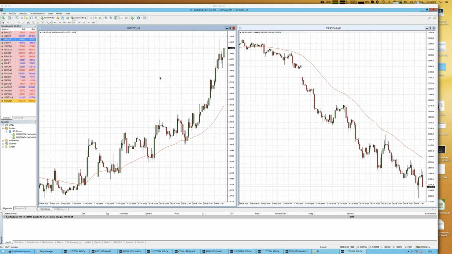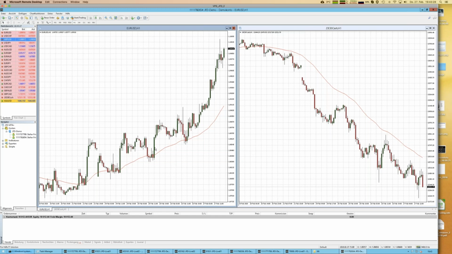But now back to the story of power candles. The downside is we have to measure those candles. Is that candle exceeding the 40 bips? And even historically, that doesn't count. I need to know at the very end of the candle, is the candle exceeding my 40 bip criterion? And then open the trade directly as we speak. But it's quite easy.